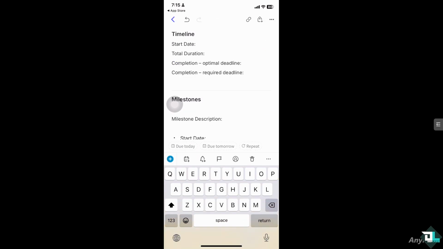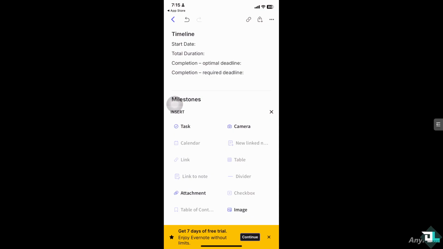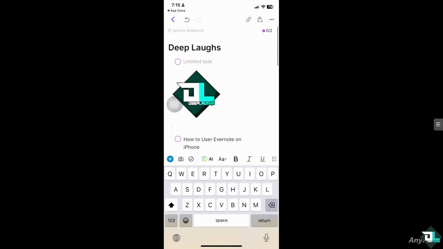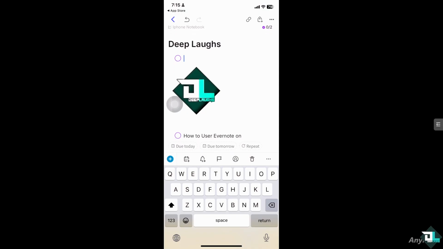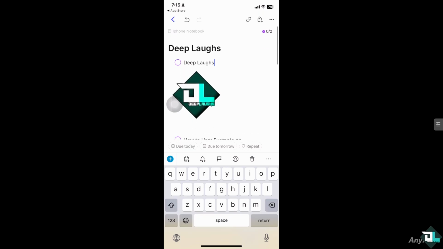Now, I want you to click the plus button because that would lead you to more options here. You can attach a file, for example, a PDF or other file types, or you can add an image. Since we have added an image, we can type in here GPLAFs. And basically now we have created